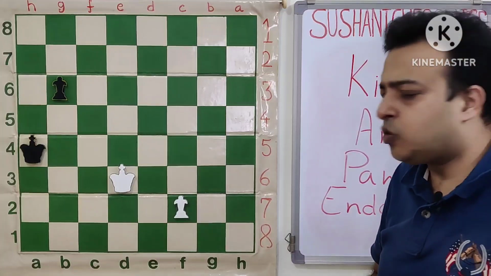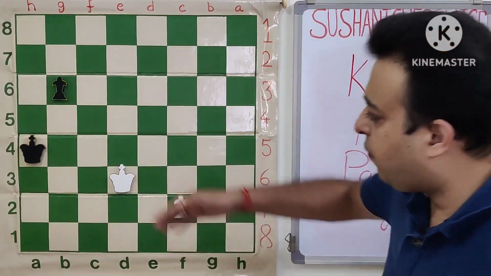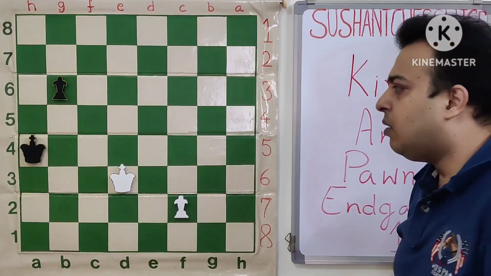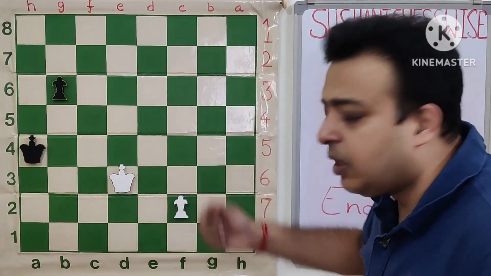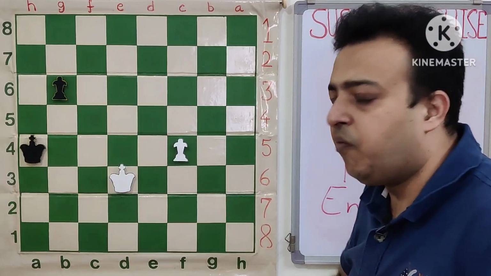Here white has two options, one is f4 and the other the move kc4. If kc4, then b5 check, kc3, ka3, and black will be winning over there. Let's see what happens after f4. After f4 there is kb5,